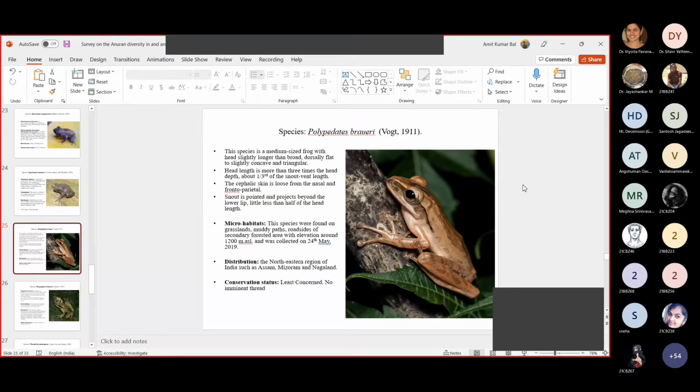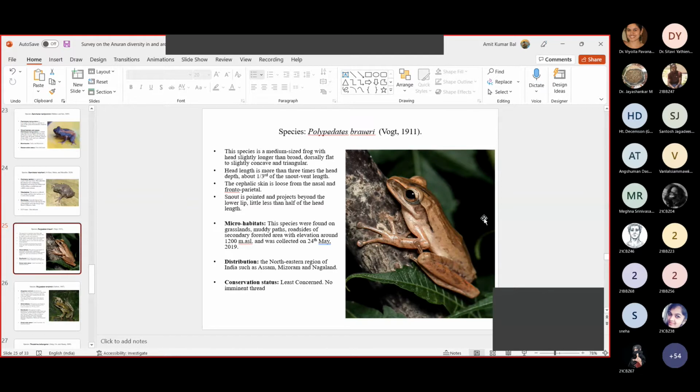Then we have the Polypedates brouweri, known as a white-lipped tree frog, and its head is longer than its width. The cephalic skin is loose from the nasal and frontoparietal. Snout is pointed and projects beyond the lower lip, little less than half of the head length. They are found on grasslands, muddy paths, roadsides of secondary forested area with an elevation of around